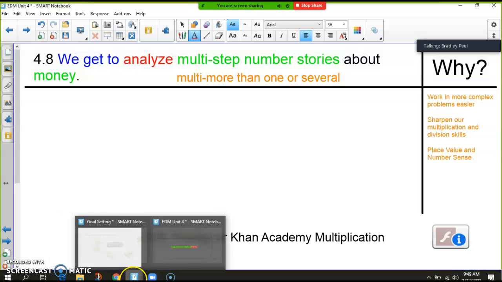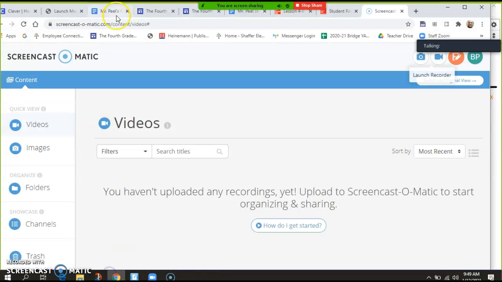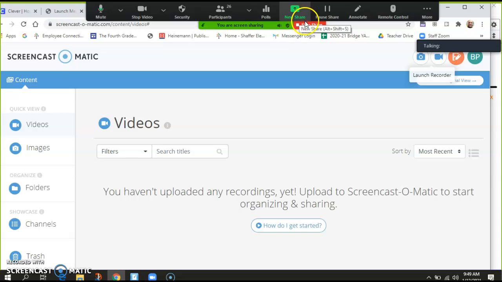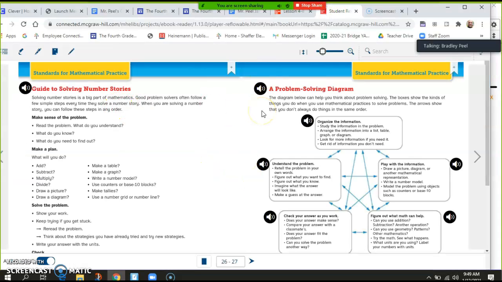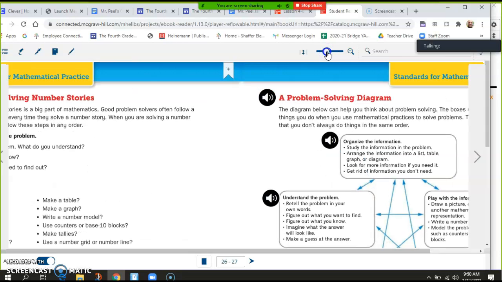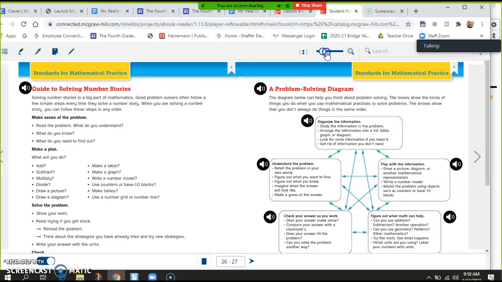Hopefully this will work well. Let me make sure that I have all the share settings the way we want. Good. And I'm going to try this here, and we'll have this read aloud to us. If I can make it any bigger. Too big. There's really no in between. I've been messing with this all morning. Okay, well,